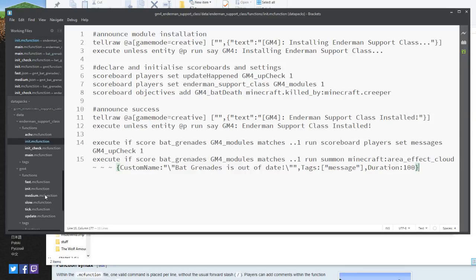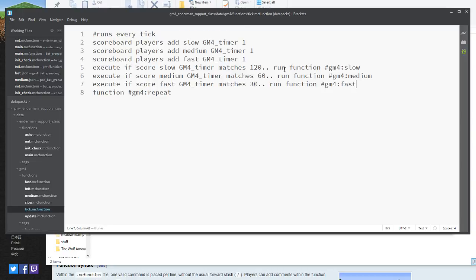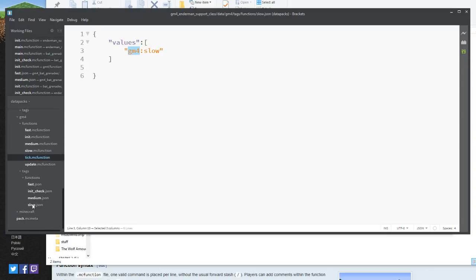I guess we can put it under slow, which runs every 120 ticks. Oh, that's running the slow category, which also runs gamemode for slow. Okay, gotcha. So we will go